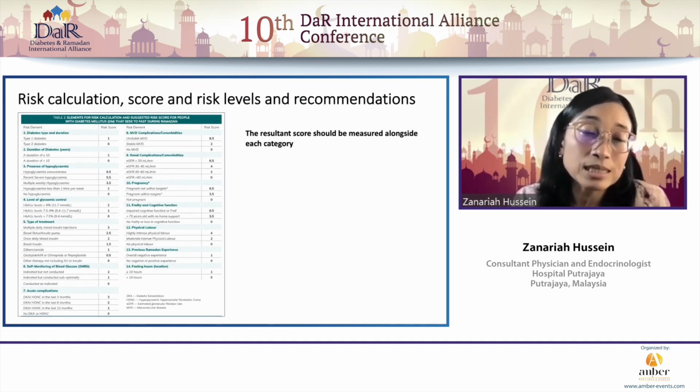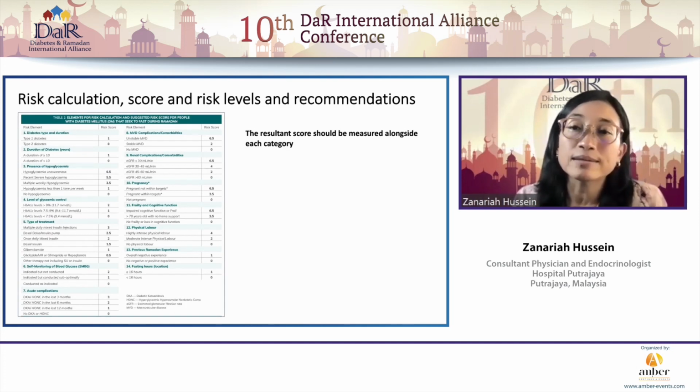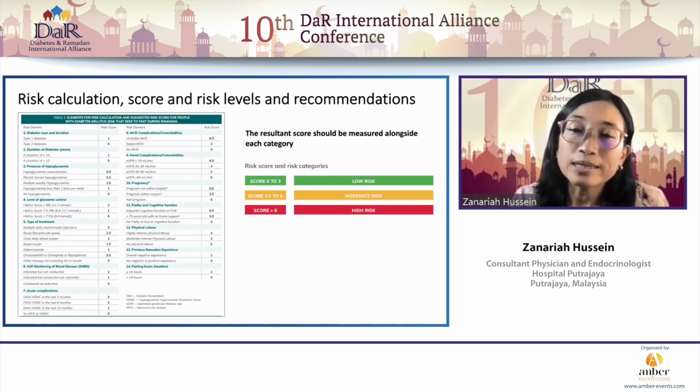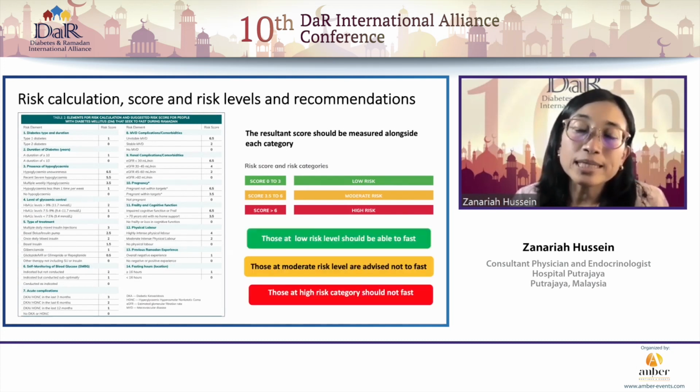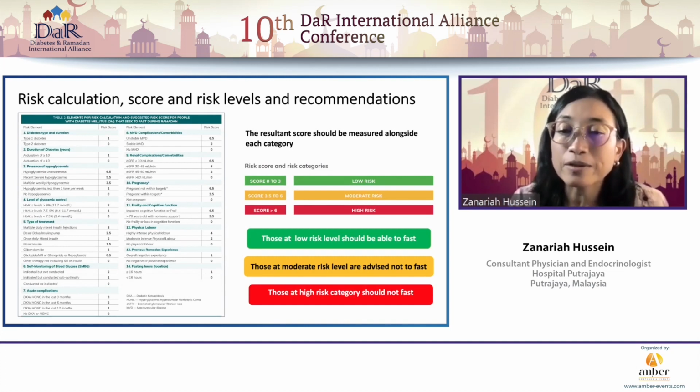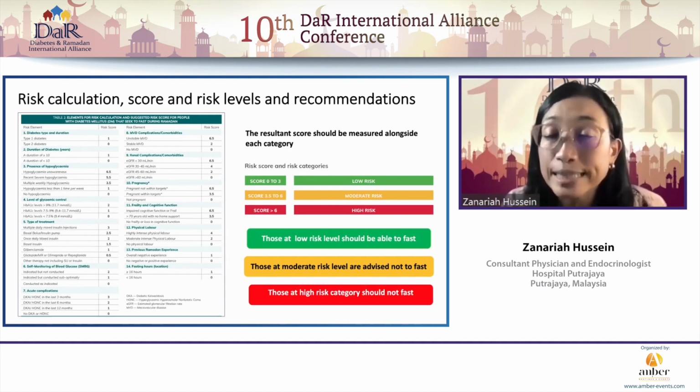As we can see, certain elements have far greater weightage than others. The resultant score can then be calculated, and the patient placed into different risk categories, with broad recommendations according to these categories about fasting, or to advise against fasting.